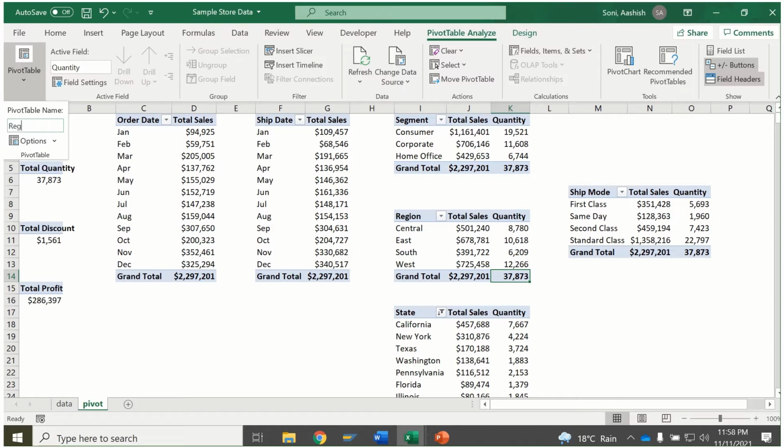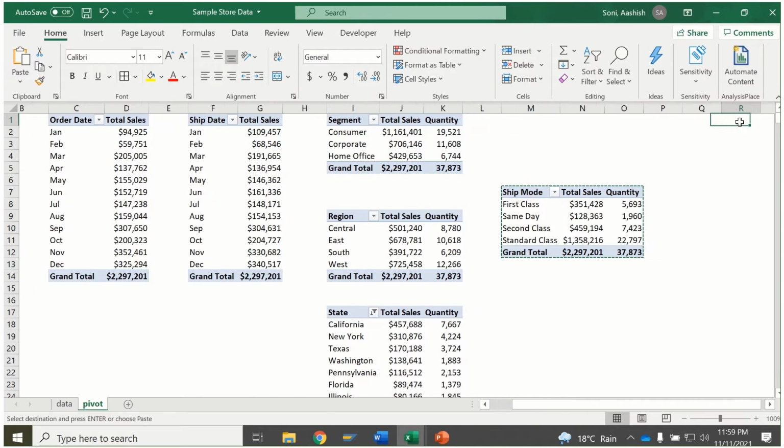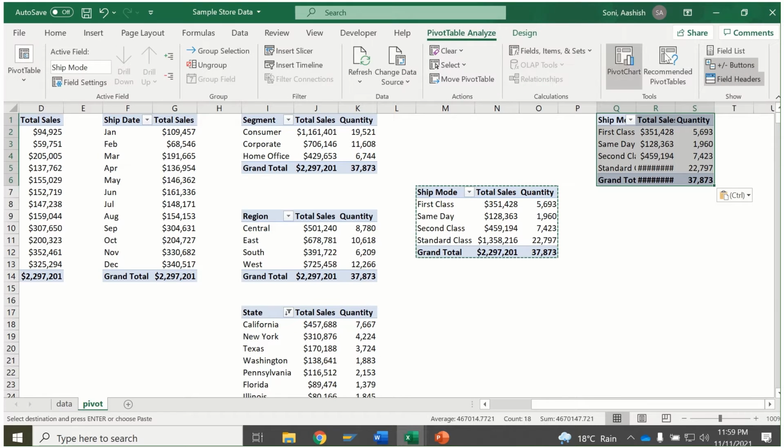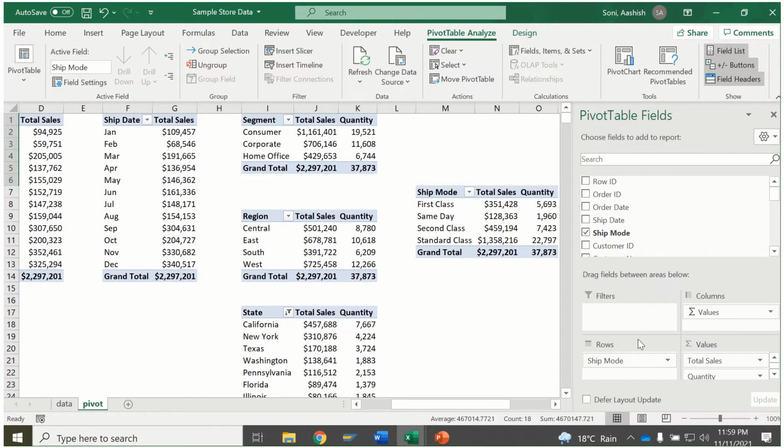So now I'll give it as region. I'll give this as state, and I'll give this as ship mode. Okay, so we have done all this. Now let's see what all we can analyze. Let me copy this. Okay, and just go here, paste it here, open the field list. Okay, now what we can show now is